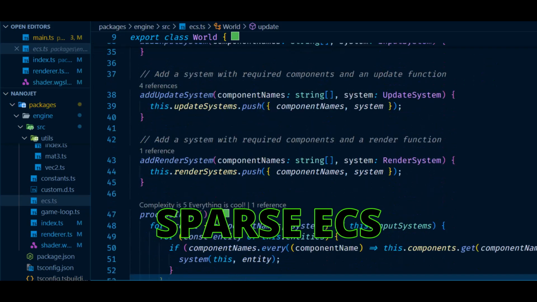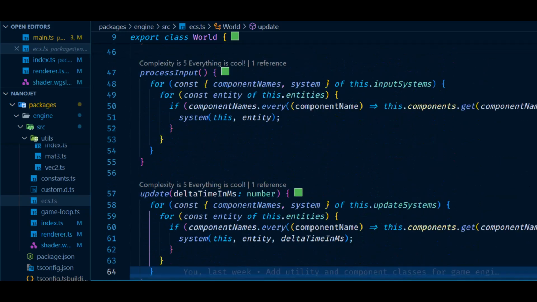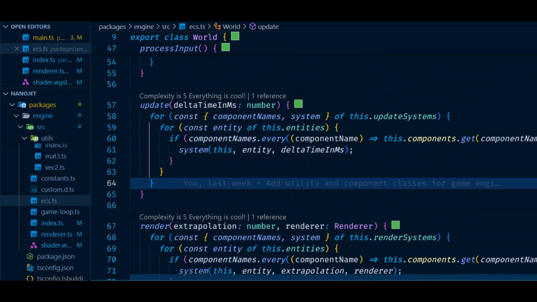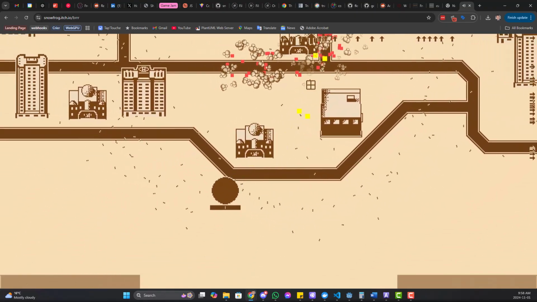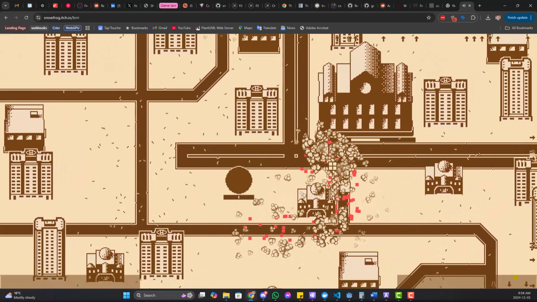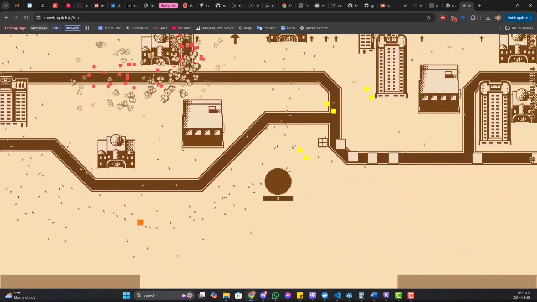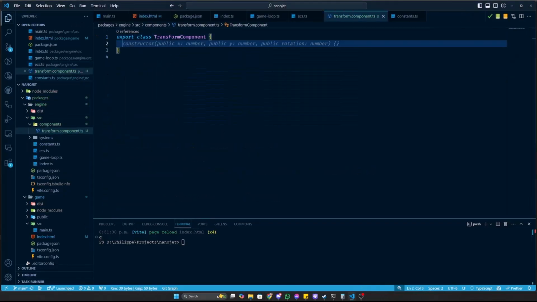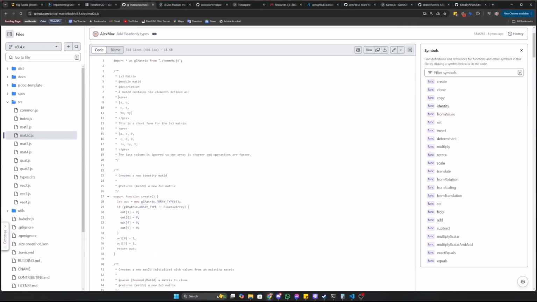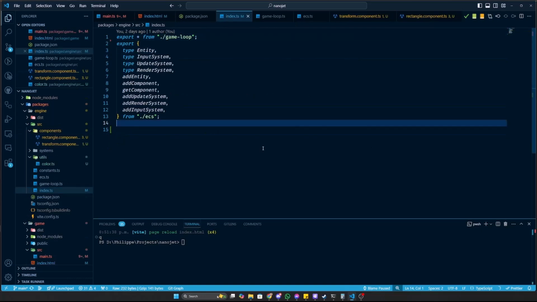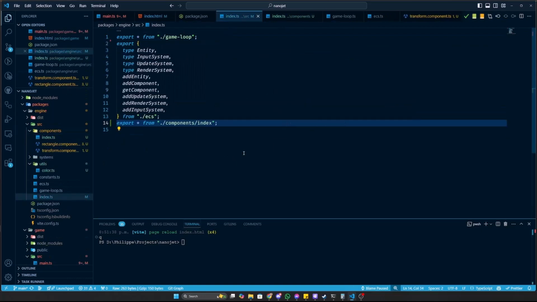I went for a sparse type of ECS because it seems easier to manage with minimal code and should work fine performance-wise for the kinds of games built during JS13K. Users of the engine will of course be able to define their own components, but I want the engine to provide a few standard ones. The first one I implemented was a transform component. It's in charge of holding typical information about an entity's position, rotation, and scale, and it's backed by a 2x3